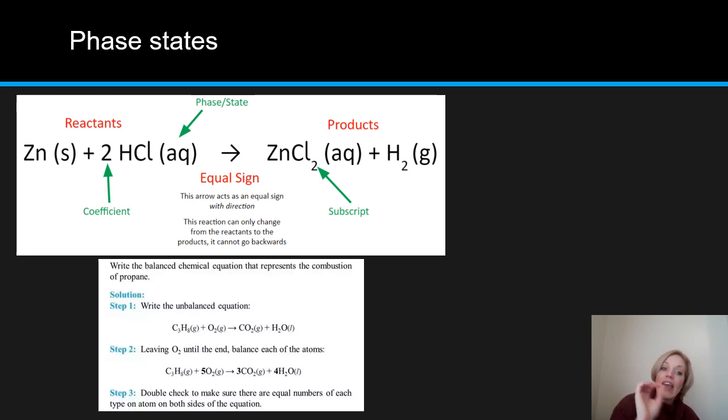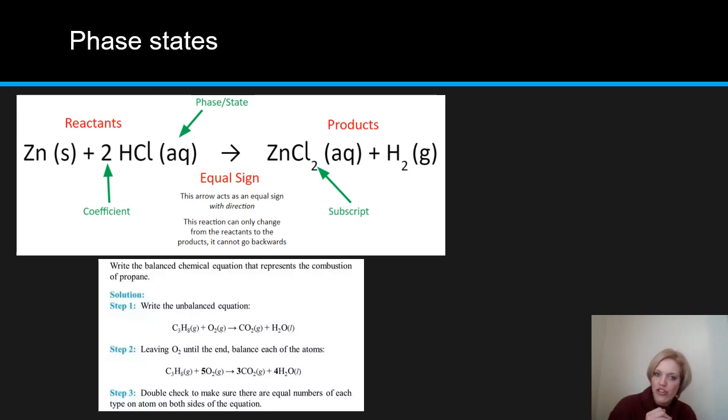Okay, then you see there's a coefficient. What is a coefficient again? Grade 10. The coefficient is the number of molecules. So 1 molecule of zinc, okay, this is the mole ratio, or the ratio of mass. It's 1 to 2 with the reactions. So 1 molecule of zinc with 2 molecules of hydrochloric acid is going to form